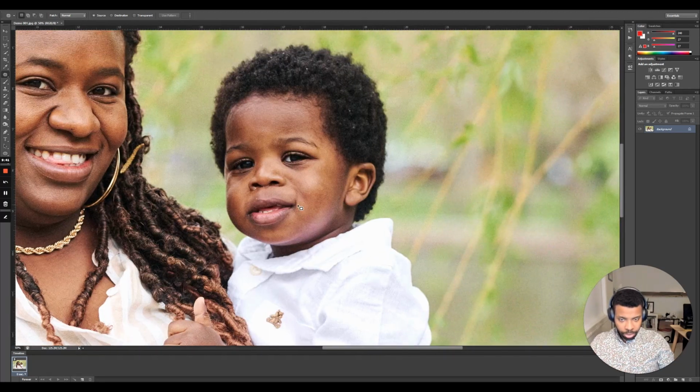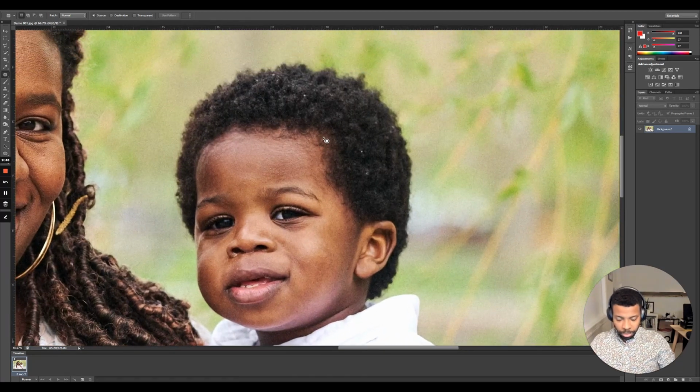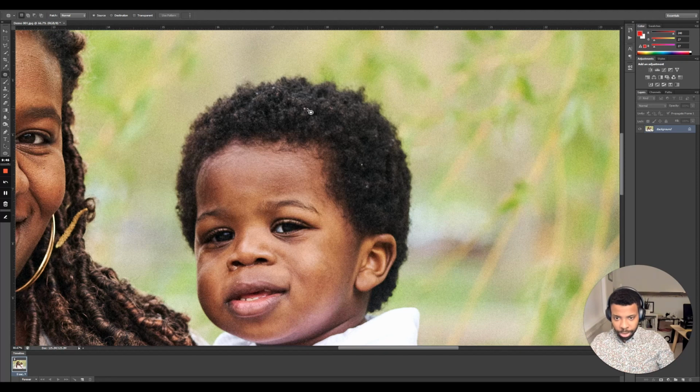I'm going to go over to him. Children tend to have great skin, but I want to edit out a little bit of the fuzzies in his hair. So I'm just going to draw around those, so there are less of those in the hair. Yep, this is looking pretty good. Just a couple more up here. Okay. Great. And then